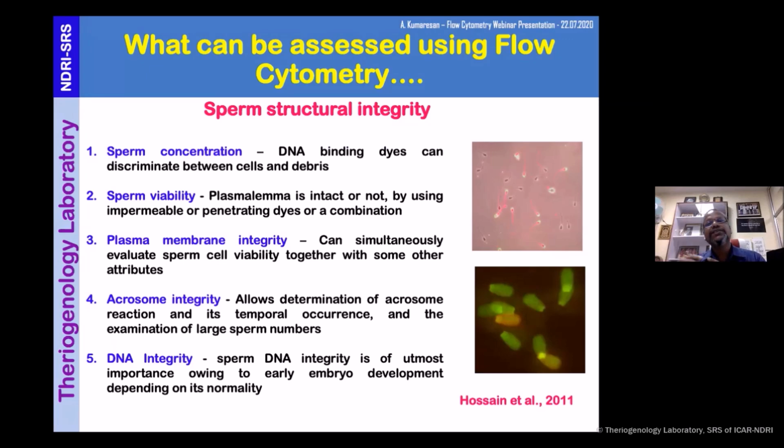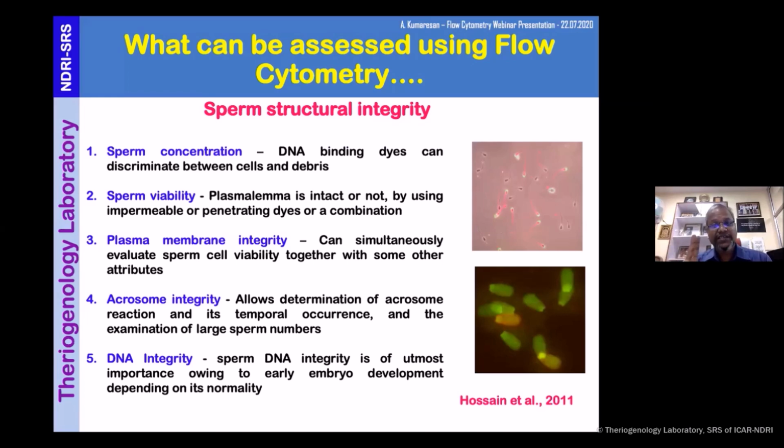But this is constrained by something. First and foremost, flow cytometry counts anything which goes as an event. It may not be spermatozoa; it may be egg yolk. That is one thing, but this can be overcome by adding a DNA-specific dye, H33342. It stains all the DNA-containing cells. So all the H33342 fluorescence that is of spermatozoa, we can make a region and then find out.